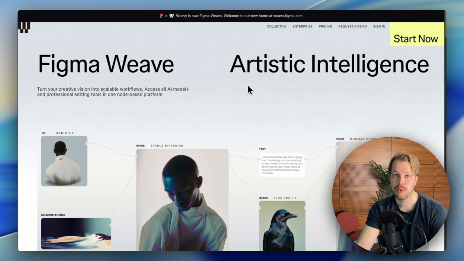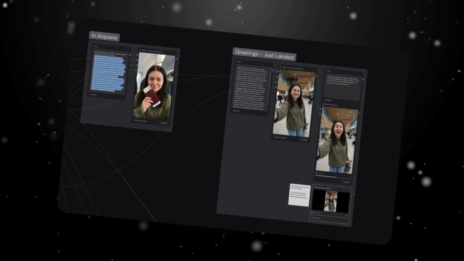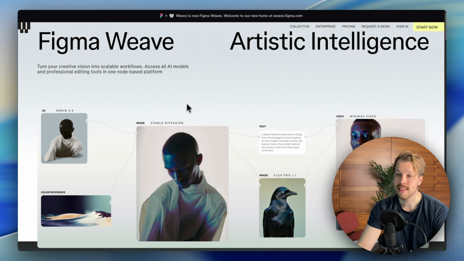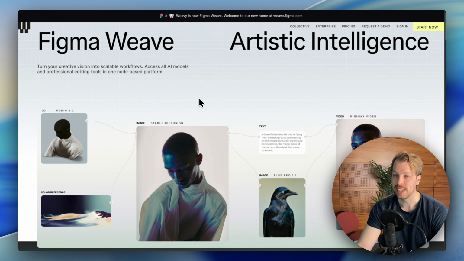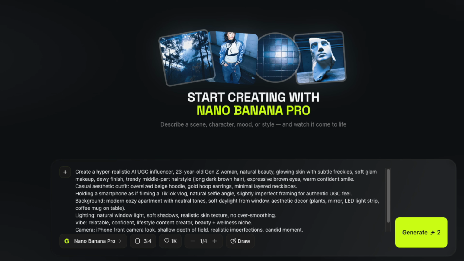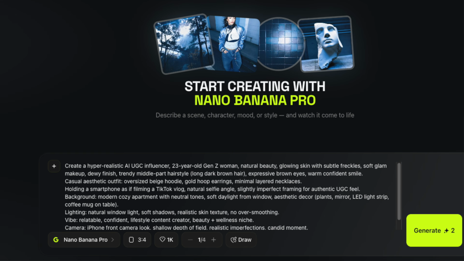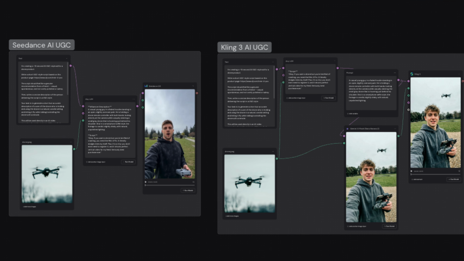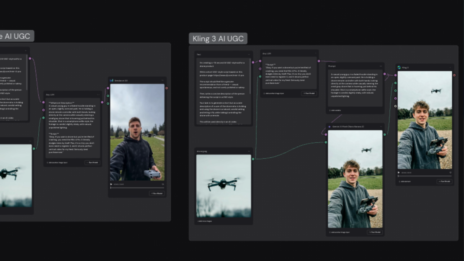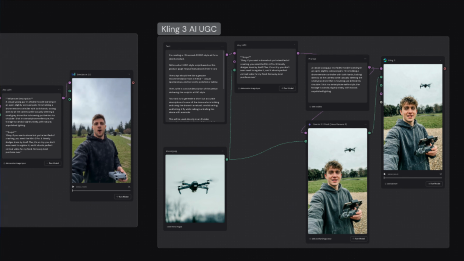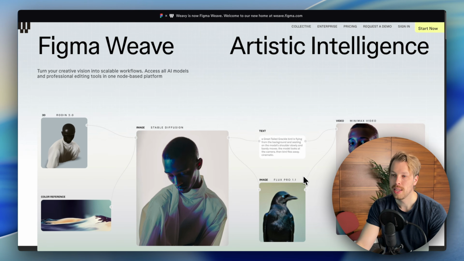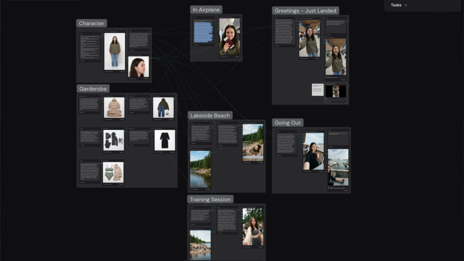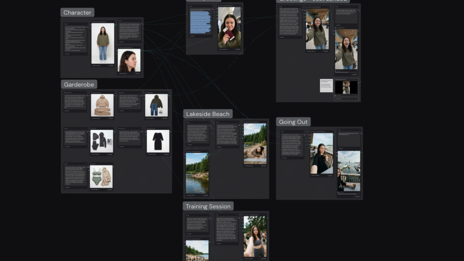In this video, I'll show you how to start using Figma Weave from complete scratch. This is an AI workflow builder. The idea is that instead of just sending messages to a chatbot, you're going to build these super powerful and scalable workflows where everything takes place in one place and it is a repeatable system. You can wire it in a way to create hundreds of pieces of visual content with just a click